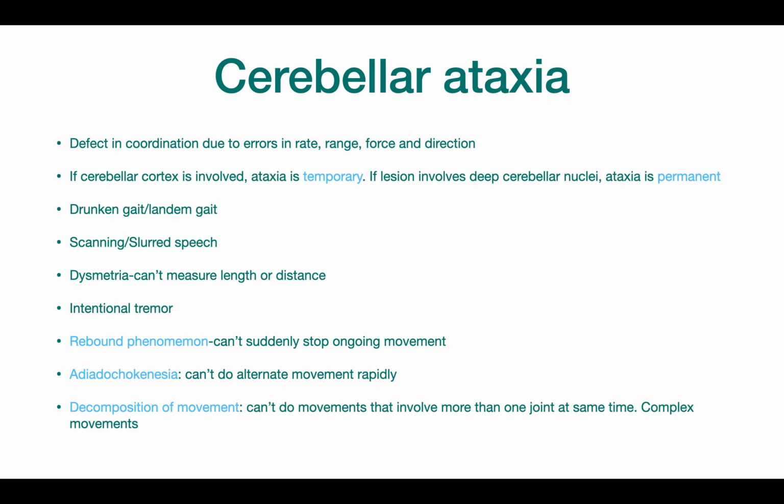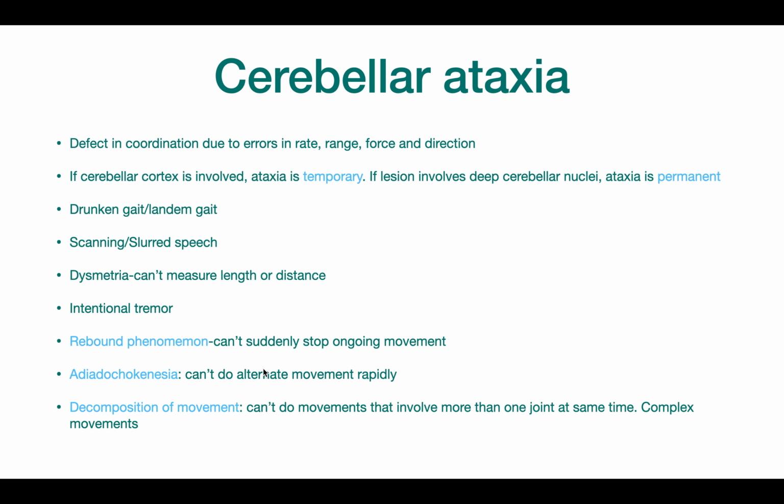Okay, so the cerebellar ataxia is going to be a defect in coordination due to errors in rate, range, force, and direction of the muscle contraction. If the cerebellar cortex is involved, the ataxia is temporary. If the lesion involves the deep cerebellar nuclei, however, the ataxia is permanent. So there's a particular gait. It's called a Lambden gait, and there's going to be dysmetria along with the rebound phenomenon, which is like in